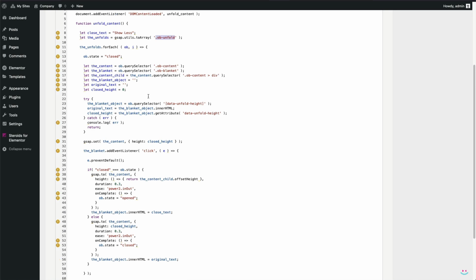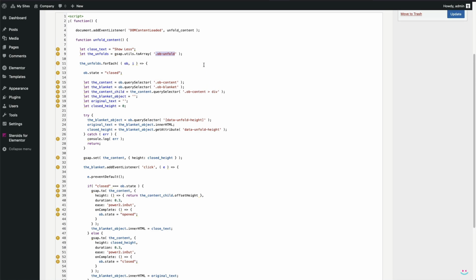I already mentioned that we want to make the code reusable and applicable to every existing or subsequently added instance of the foldable content, so we have to use the loop. The loop says that for each OB unfold element, which is the column, the following must be defined. First, OB state should be closed. I'm using the dot notation to assign the state variable to the object that's currently being looped. There are two states possible, open and closed,